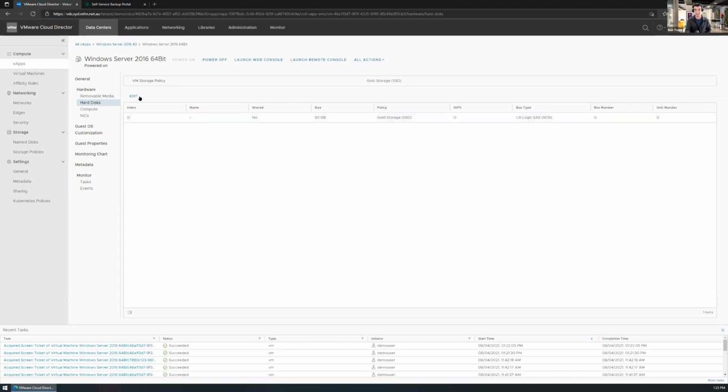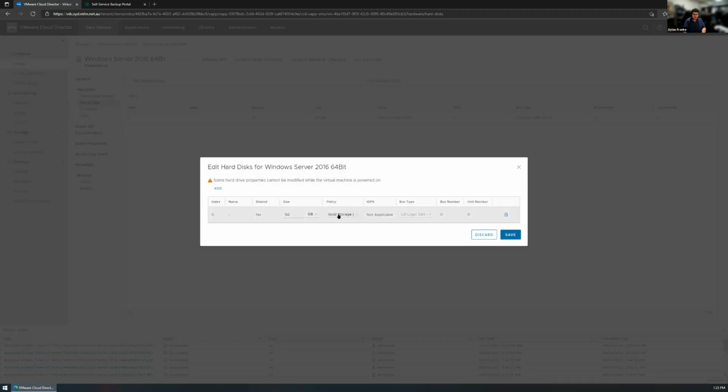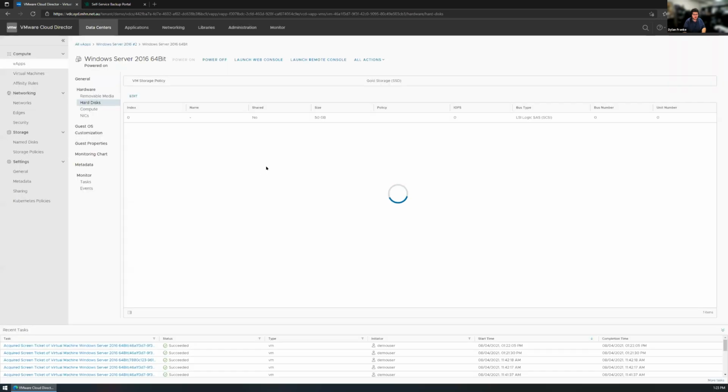You can have multiple tiers of disks, right? Yep. So if I wanted to add another disk to this, I can actually go through and add a silver disk. Now, it's probably not going to let me while it's powered on, unless I've enabled it on this VM. In some cases, some functions won't let you do it while it's powered on, purely because it doesn't have hot add enabled. Like modifying CPU and RAM, by default you can't do while the VM is on. But you can enable hot add.